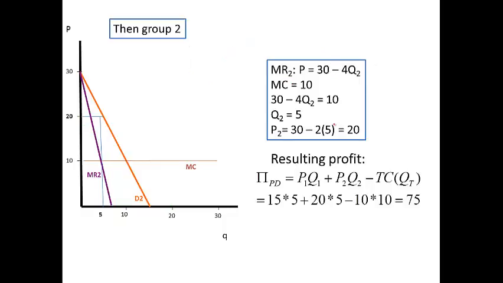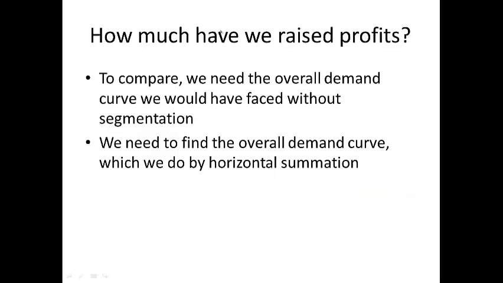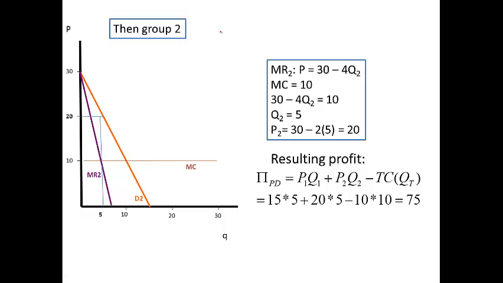Now let's take a look at group 2. If you recall, group 2's demand curve was P equals 30 minus 2Q2. The associated marginal revenue, MR2, is 30 minus 4Q2. Marginal cost is the same in these two segments. Remember, this stuff's being produced somewhere and just being shipped off to these two segments, but the marginal cost is the same. So setting MR equals MC,